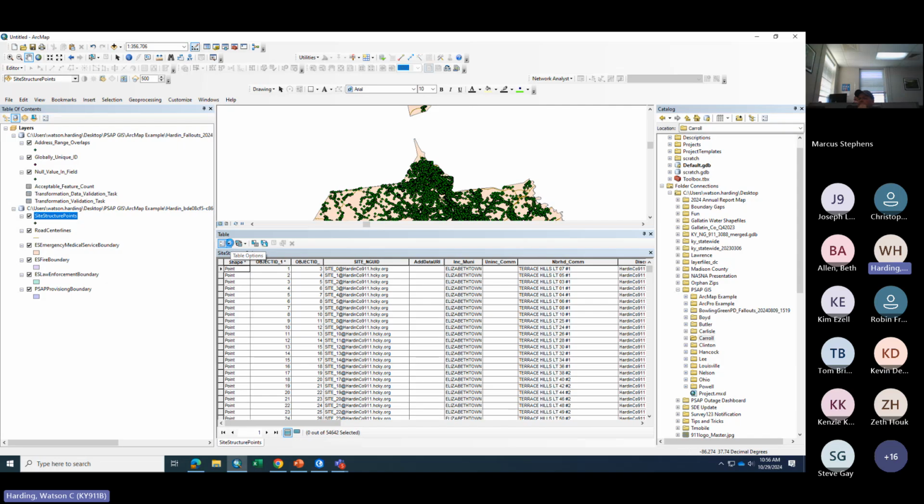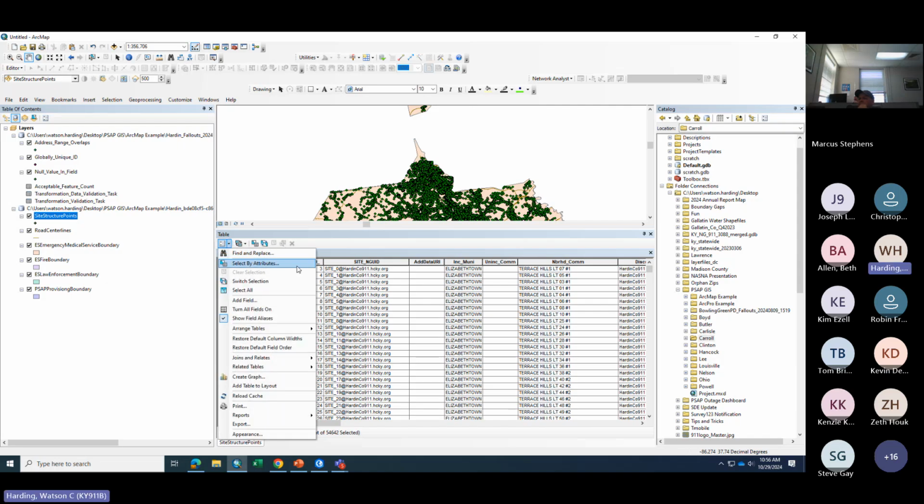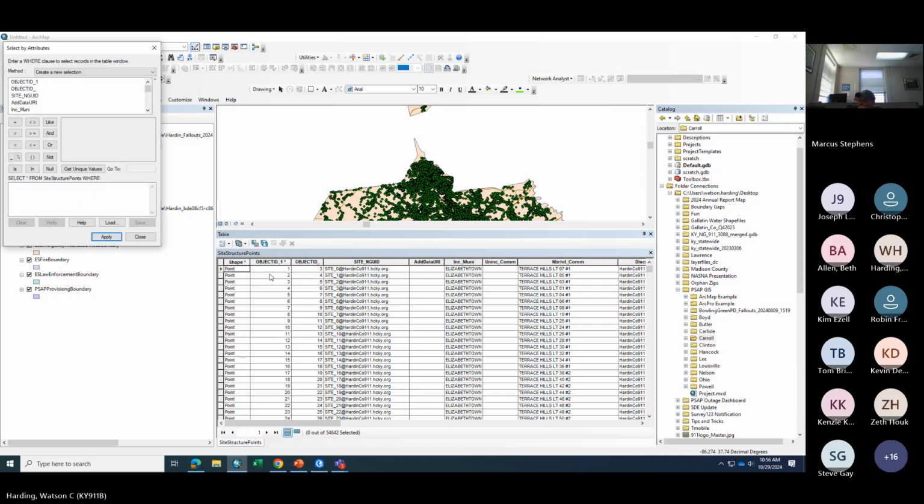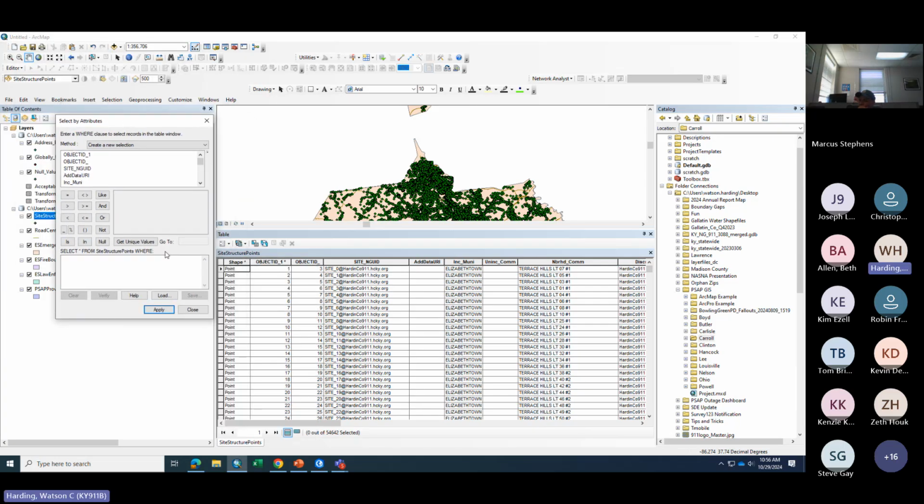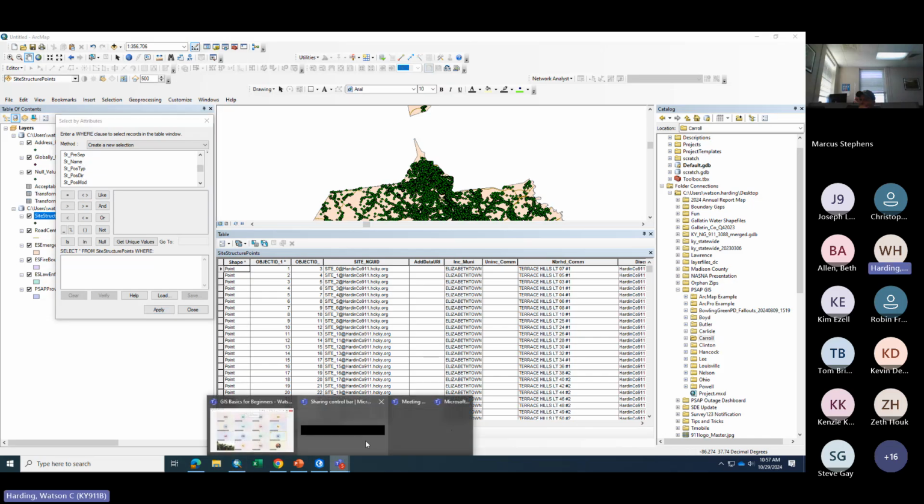I think a more powerful selection is your select by attributes. And this is a dialog window where you can filter features based on a query. So if I'm going to do, let's say,